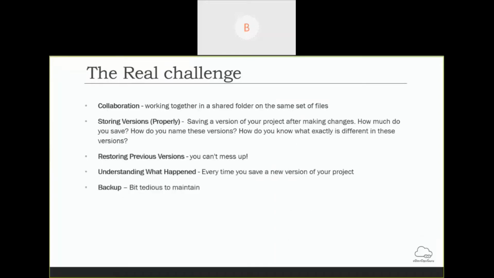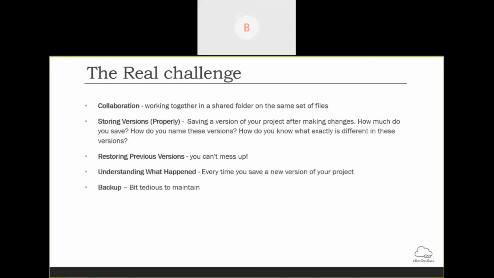So why does a version control system come into the picture? These are real challenges which developers face day to day if they are not using any version control system. I have gathered a few points here.